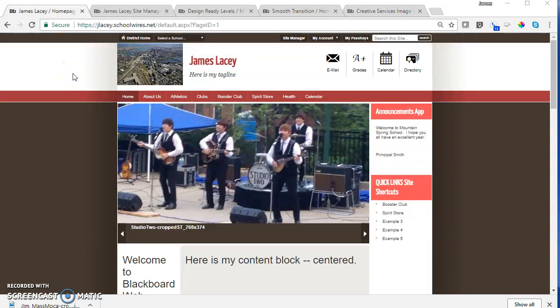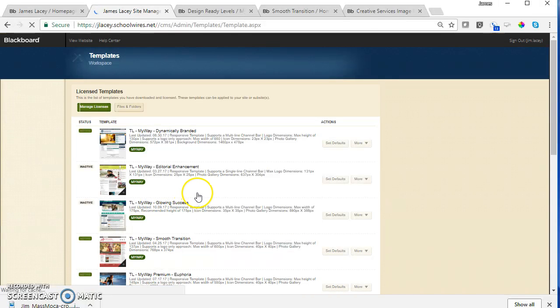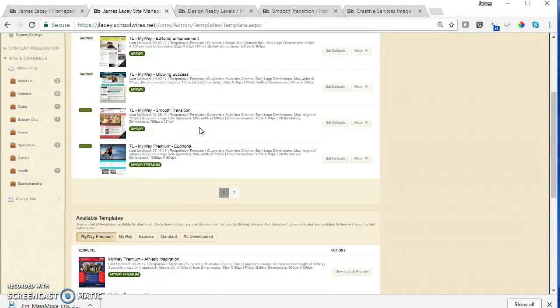So that's pretty cool. I'm going to go over here. So here's my little sandbox. I'm going to go over here to Site Manager, and the first thing that you need to do with using a logo is to understand the size. The sizes differ a bit by template. If you want to take a look at your template, and I'm using Smooth Transition here, if I just click on the template, that will show me the specs. And if I scroll down, here's Smooth Transition, and one of the specs for Smooth Transition